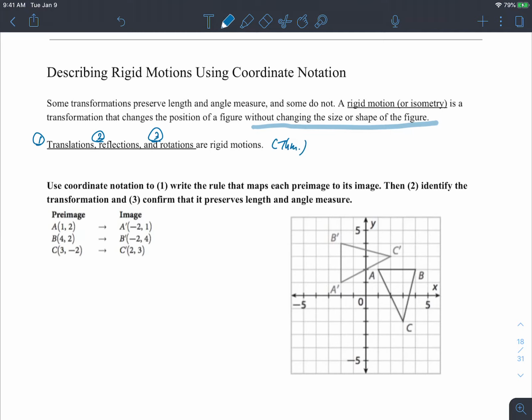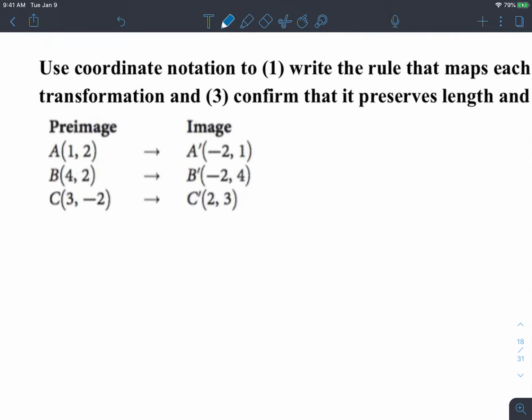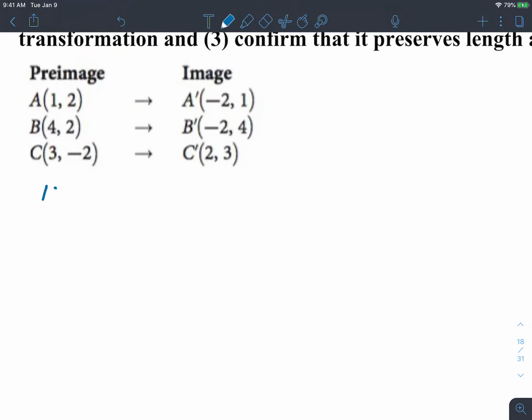Okay, so in this particular example, the directions are that they want you to write the rule that maps each pre-image to its image, then identify the transformation, then confirm it preserves length and the angle measure. Okay, guys? And that's what we're going to do right now. Okay, so let me just zoom in a little bit so I can see that a little better. The first thing,